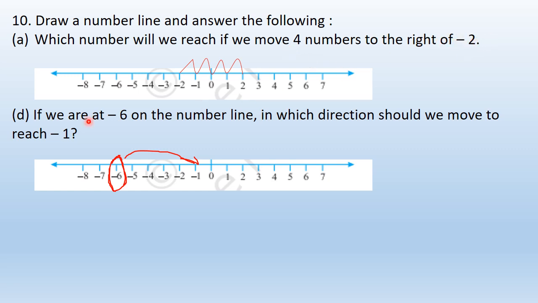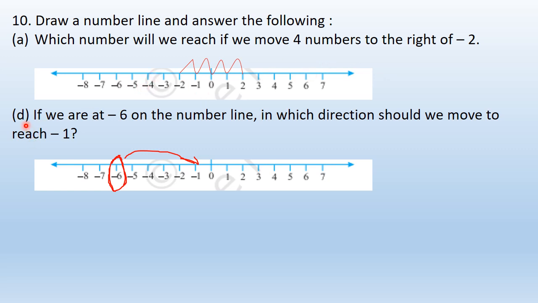First of all, draw the number line. Where is the place of minus 2? Here. Minus 2 is here. We have to take how many moves? 4 moves to the right. So, first movement, second, third and fourth. As I completed 4 movements, where am I now? On 2. So the answer is 2. Here you have to write answer 2.